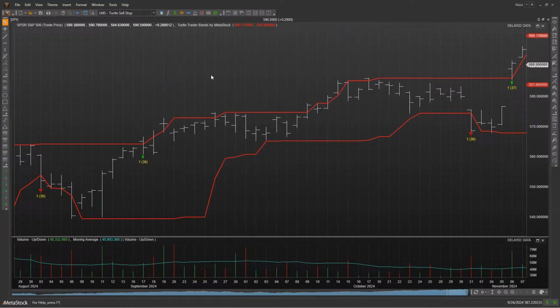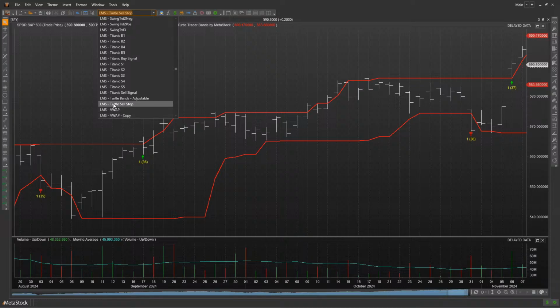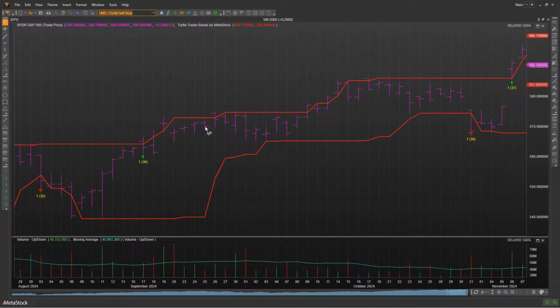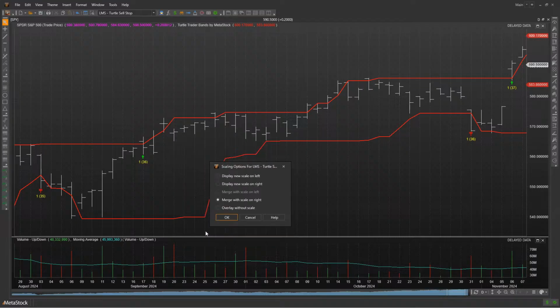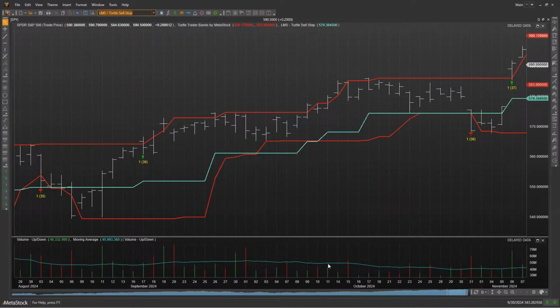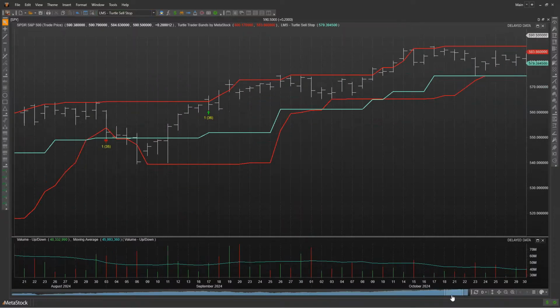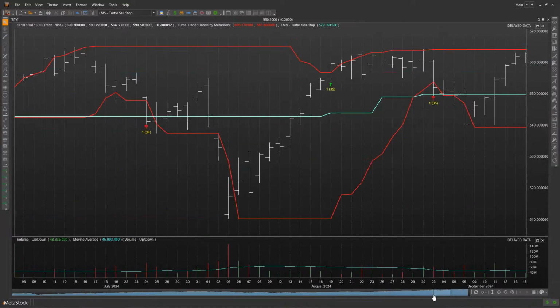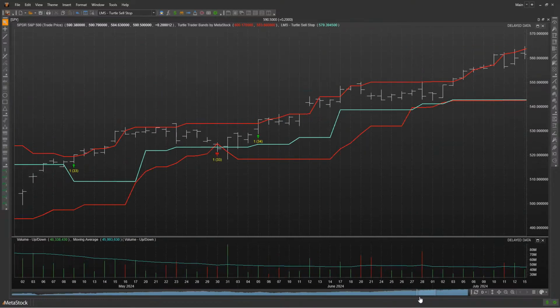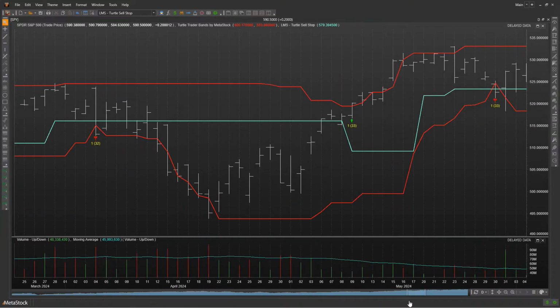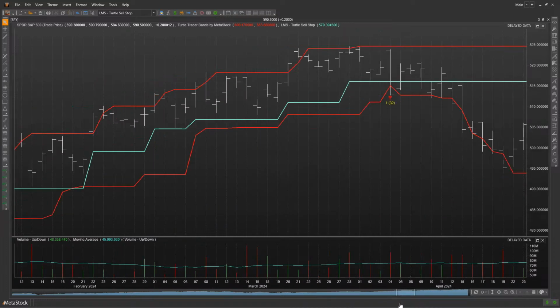All right. Now, in order to see that one, we'll go back up here to the turtle sell stop indicator right here, and I'll drag that on top of our price bars. Click on OK. And again, merge it with a scale and click on OK. All right, so now what's happening here is that when we get into a trade, it's not going to look at a lower band, it's only going to look at the average true range. So if I scroll back in time here a little bit, let's see if we can find some signals here where it's a little clear.